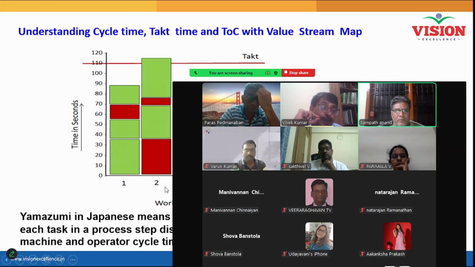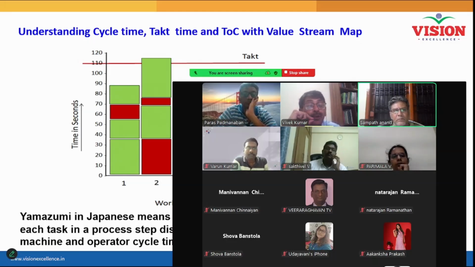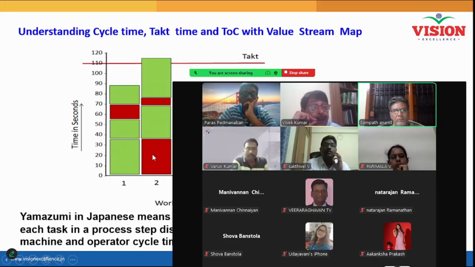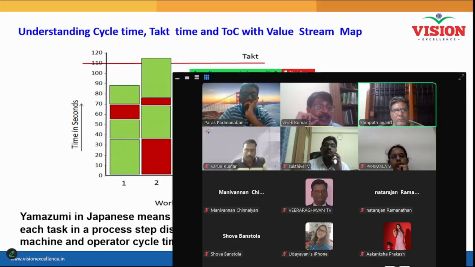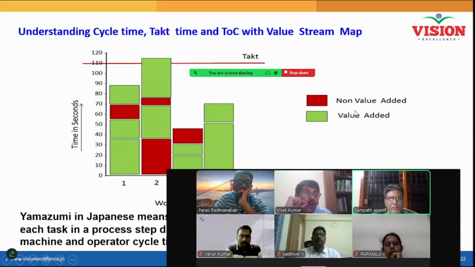Can you see this particular operation 2 is having more cycle time than the takt time? And do you now know what is the path available to you? You already know that this is the time lost. So much breakdown is happening. If you are able to remove that, then that is how you will bring down your process. So non-value adding and value adding